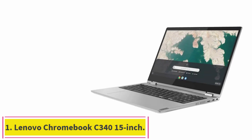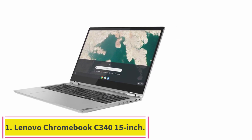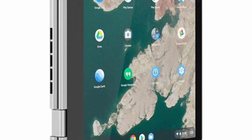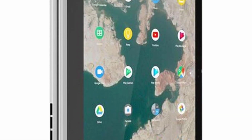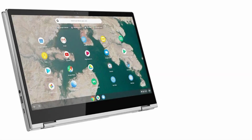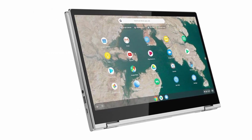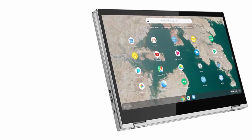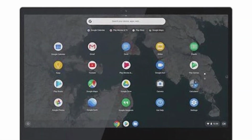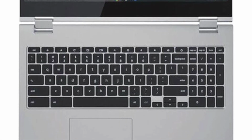Starting at number 1. Lenovo Chromebook C340 15-inch. When trying to find a bargain PC, sometimes it makes sense to look at older models, rather than the newest budget options. Even though it first launched in 2020, the 15-inch Lenovo Chromebook C340 gives you a foldable 2-in-1 clamshell, an Intel Core i3 processor, and a 15.6-inch Full HD 1080p display, all of which exceed our expectations for a